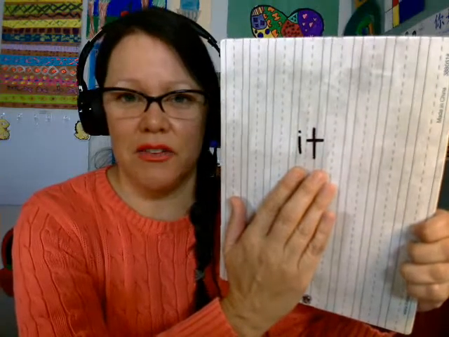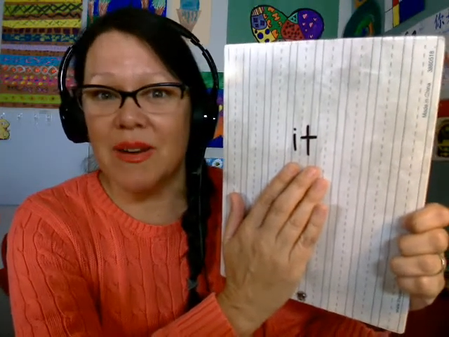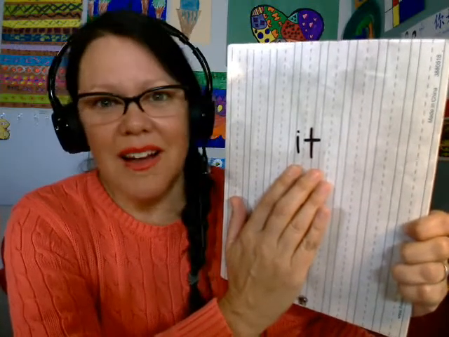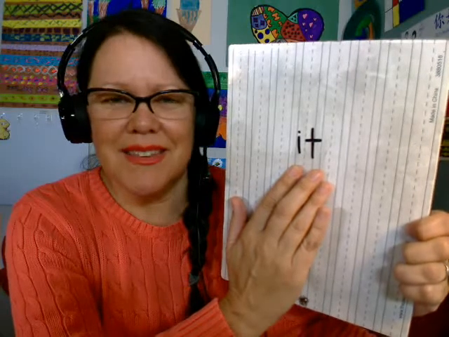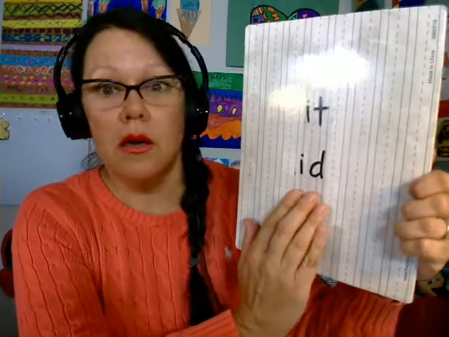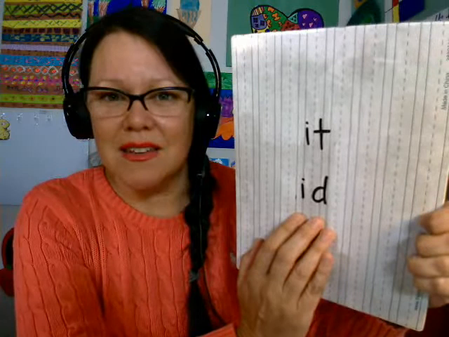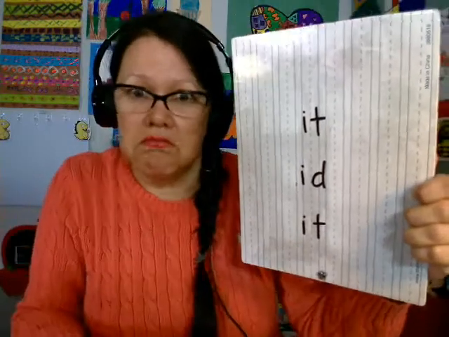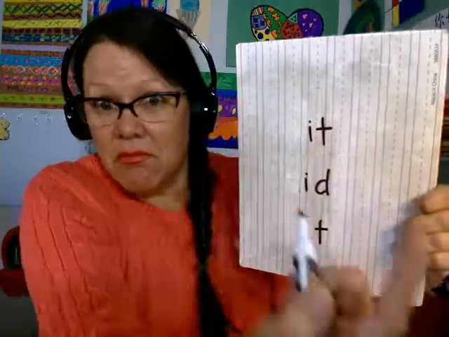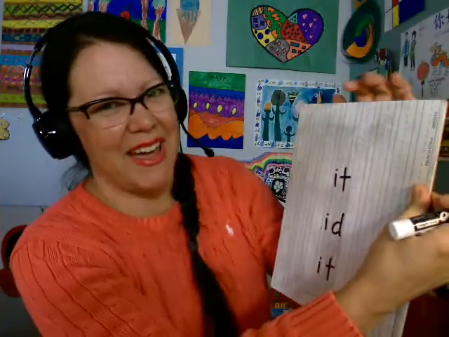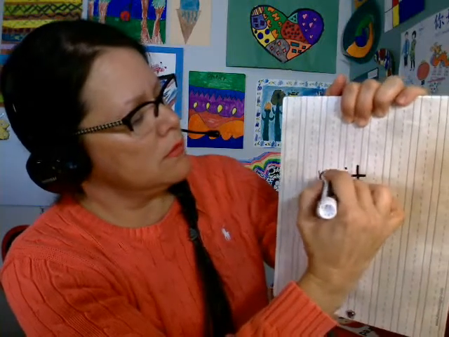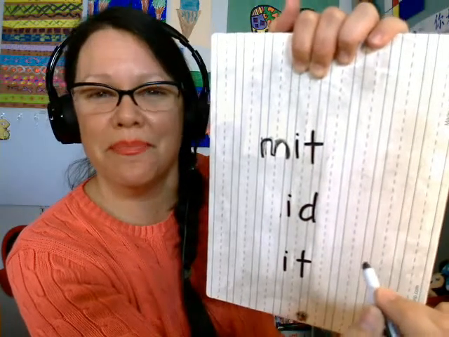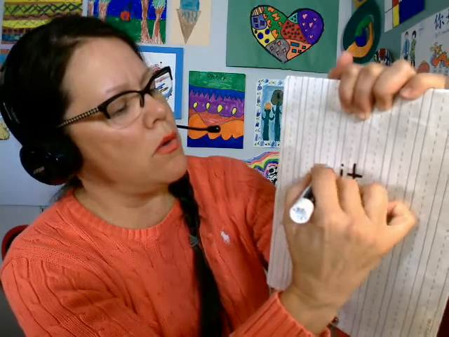And after he looked at it, because he saw me erase the E, and he saw me erase the M, it. He knew right away. It. Okay. What does this say? Id, he told me. And again, it. Oh, okay. This is manageable, right? Then I added the M. And then he knew, oh, mit,